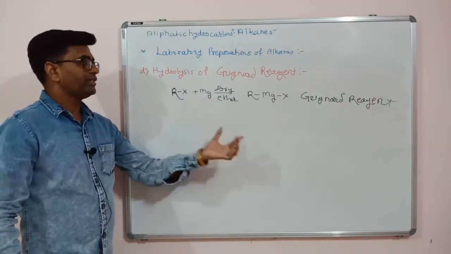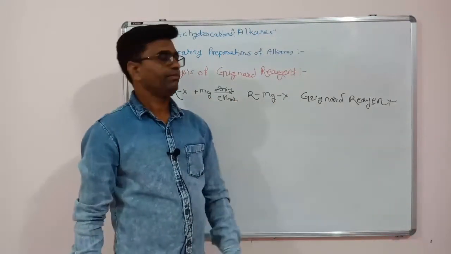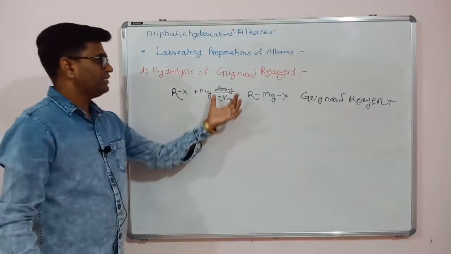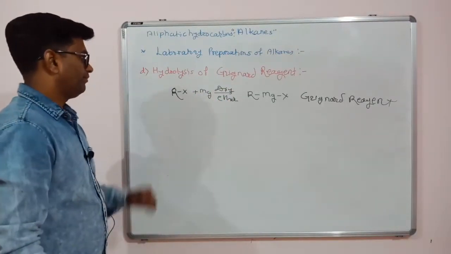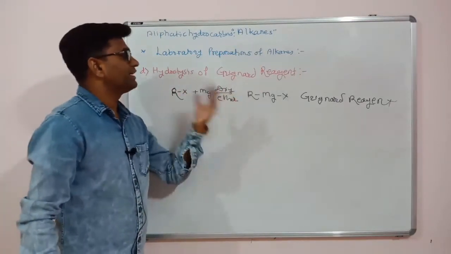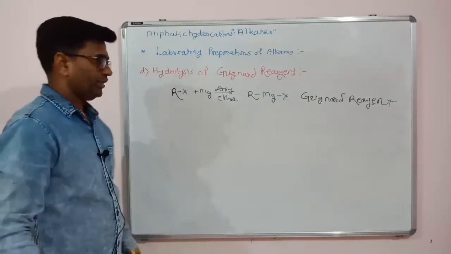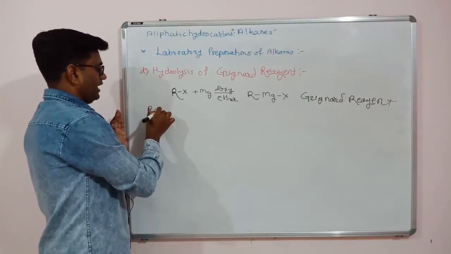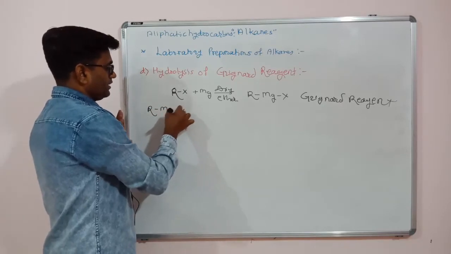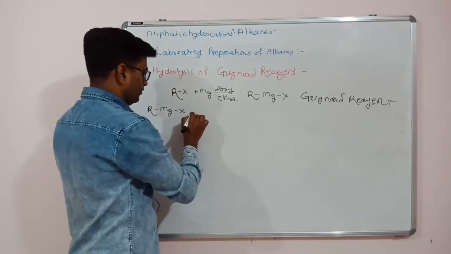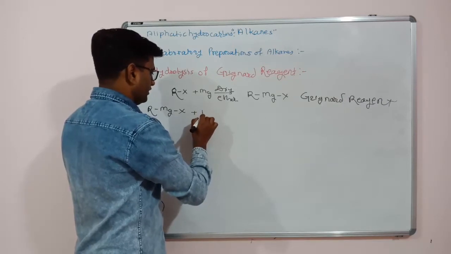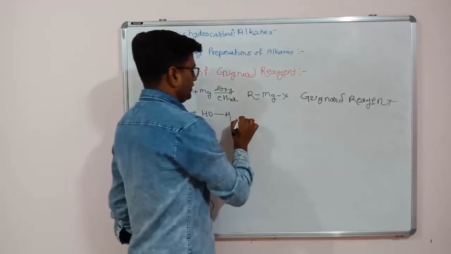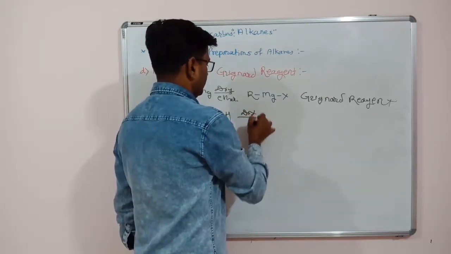Alkyl halide with magnesium we will get RMgX. So that is called Grignard reagent. These are moisture free reactions. Dry ether is a solvent. So on hydrolysis of this Grignard reagent we will get alkanes. For example, if RMgX, this is the Grignard reagent, we are reacting with water, that is HOH, in dry ether solvent,